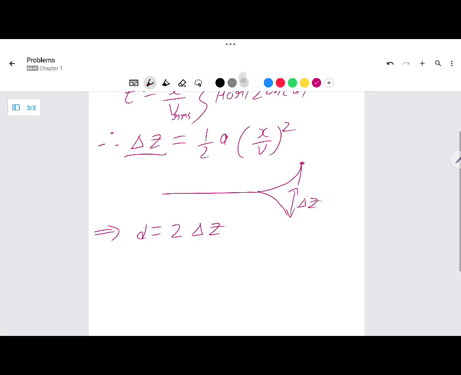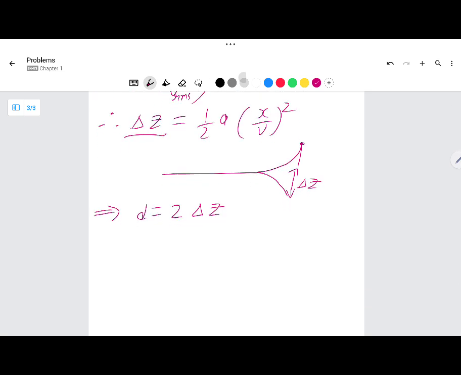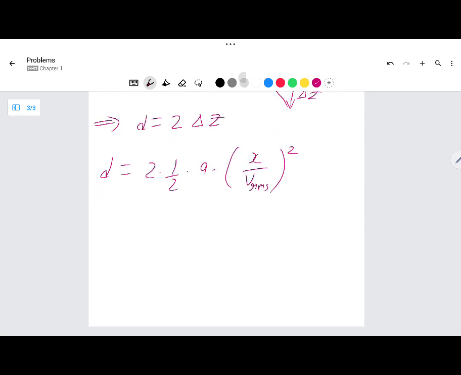So the final deflection is 2 delta z, which is this, 1 by 2 a times (x by v) whole squared, and acceleration we know it is